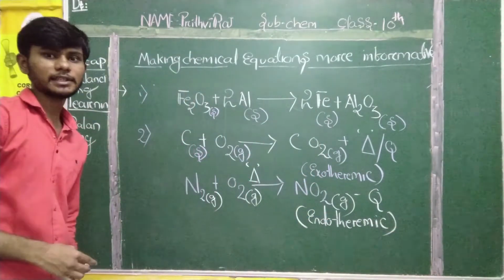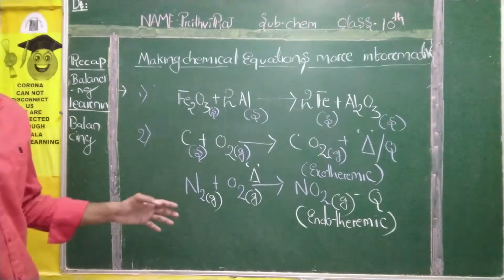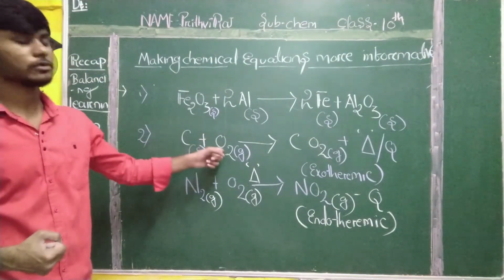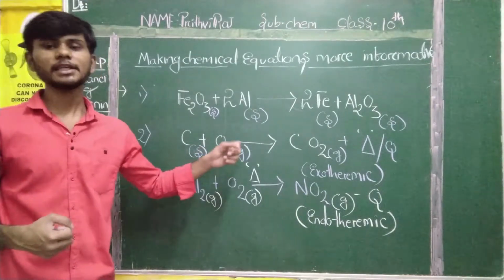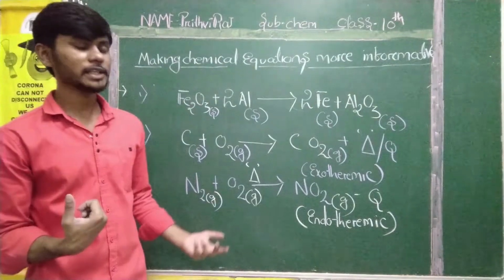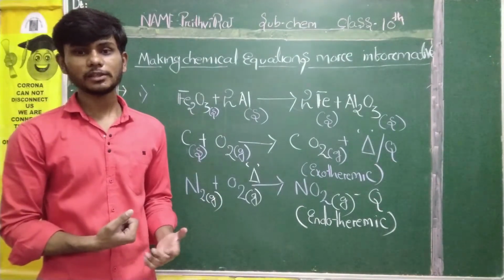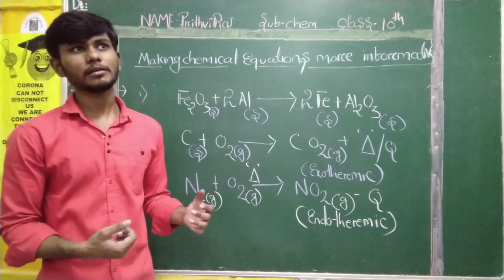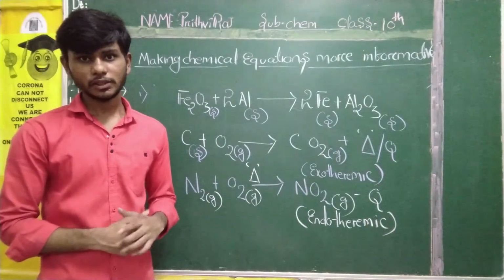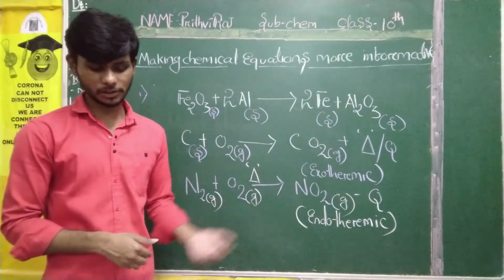You will give it as endothermic reaction. I hope you all can see, students. This is your endothermic reaction. This is your exothermic reaction. Exothermic reaction means in a reaction heat is coming out. Endothermic reaction means in a reaction heat is what? Heat is used to carry out the reaction. Heat is used. These are the two examples which you need to see.